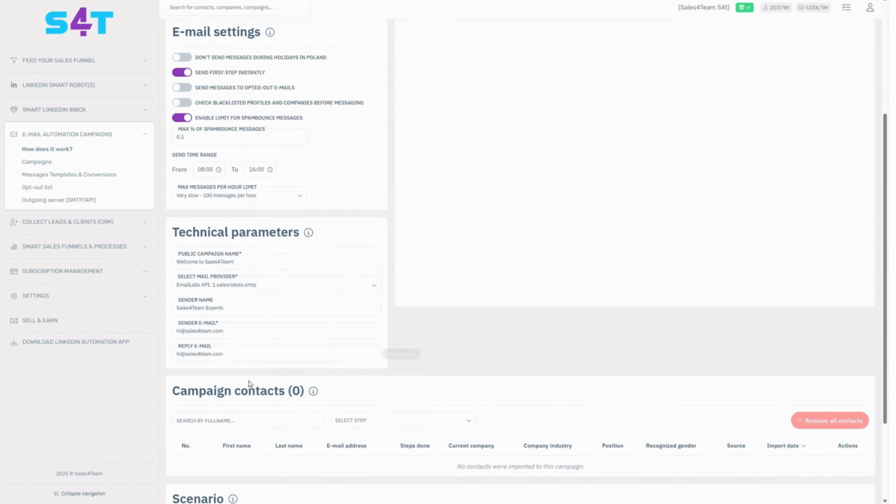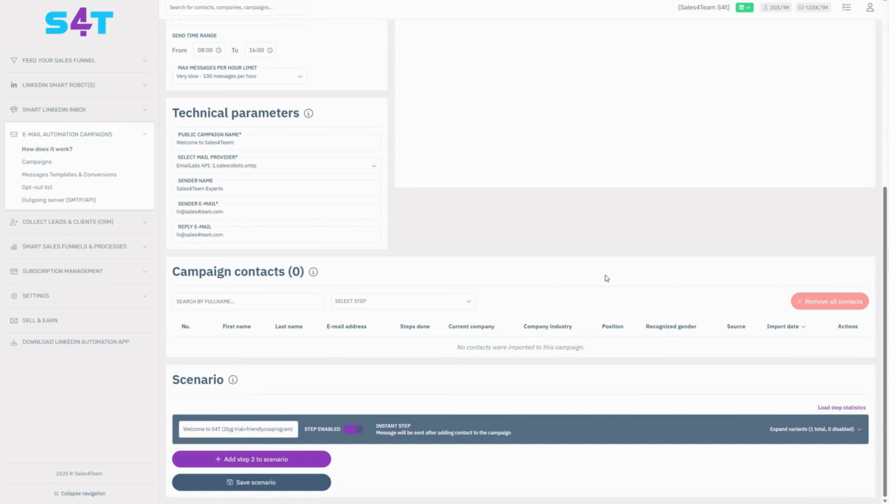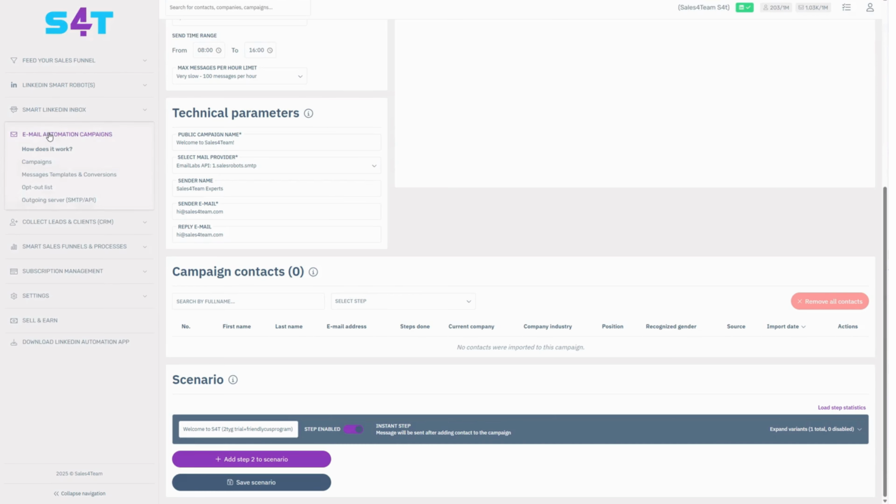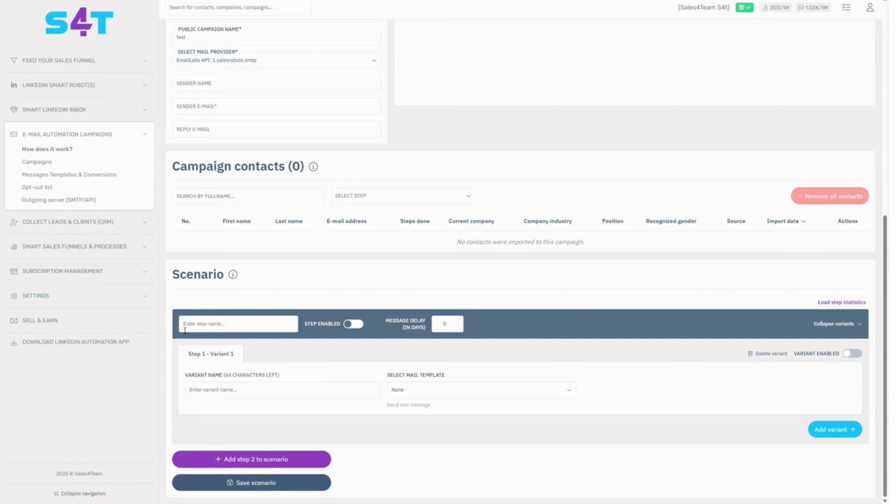Further down, you'll see the contacts imported into this campaign. Contacts can be imported in various ways. For example, from the Smart LinkedIn inbox. They may also be added in bulk from your intelligent CRM in the Contacts tab, as discussed in the CRM tutorial. Below that, you'll find a section similar to the one you've already seen in the Outreach Campaigns tutorial, namely